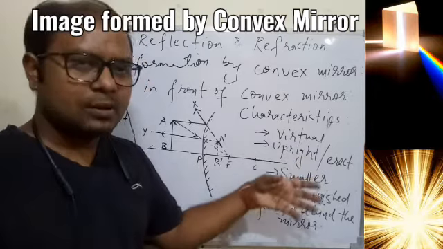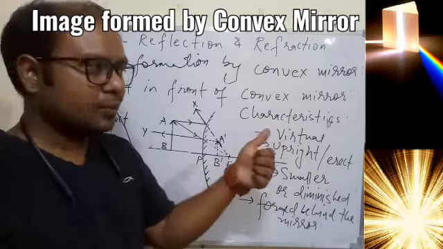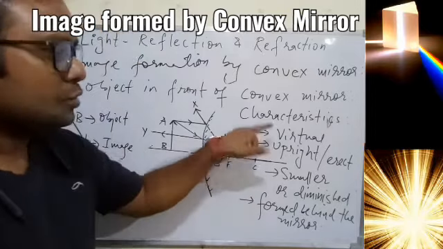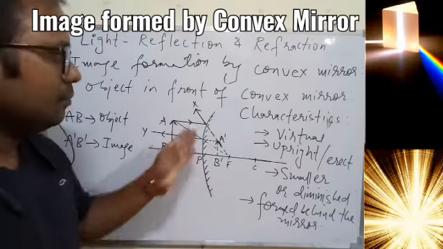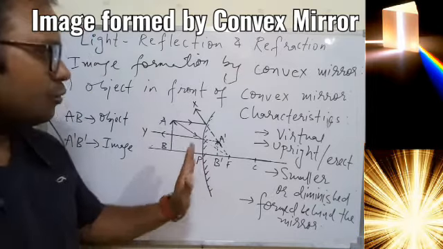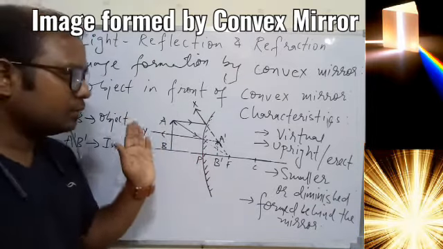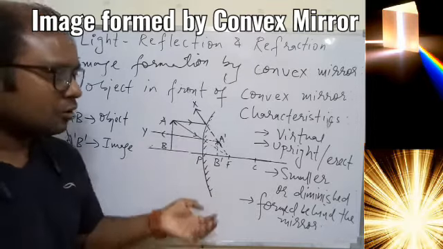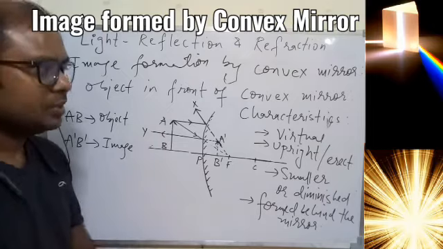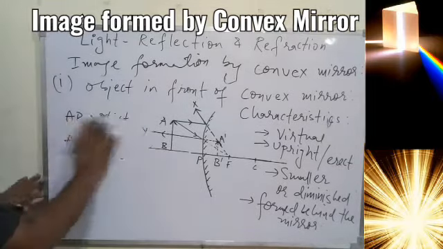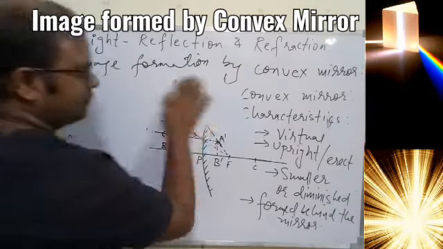Since the image is all the time upright, it will not be a difficult task for us to see the vehicle. And also it is all the time virtual, meaning the mirror will be forming the image within itself, so there is no need to place any screen in front of the mirror to see the image. Because of these unique properties of the convex mirror, we use it as a side view mirror, that you also remember. So that is all we have for this.